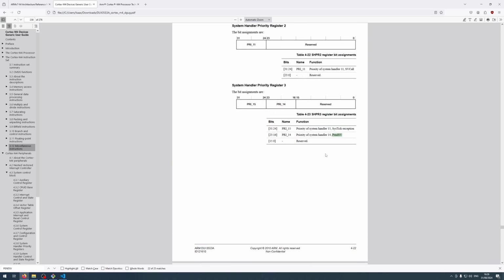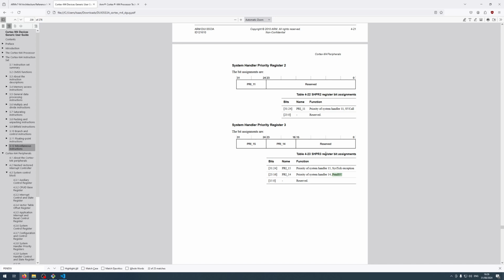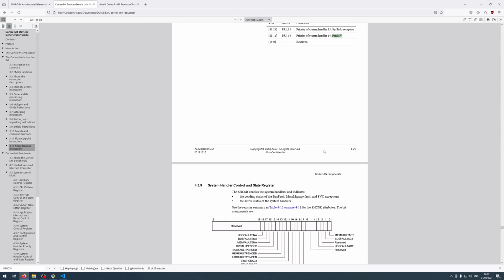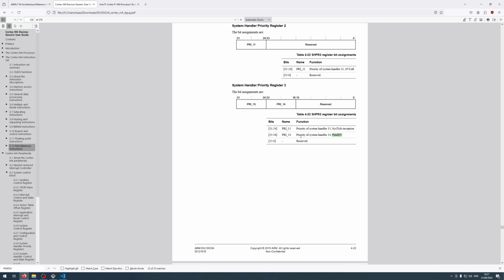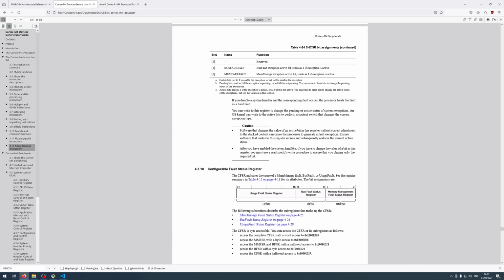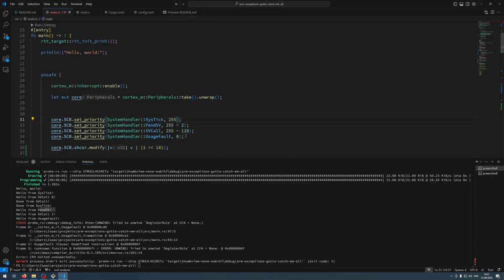Priority of the system handler. Okay, so they have priorities. And I thought in the previous video we checked that they should be in different priority groups. But maybe that's not correct. So maybe do the same thing as with this 128. So to be sure, let's just add a bigger number,